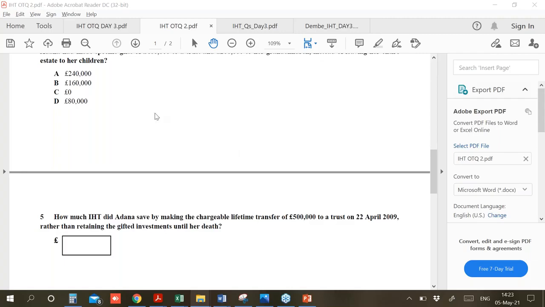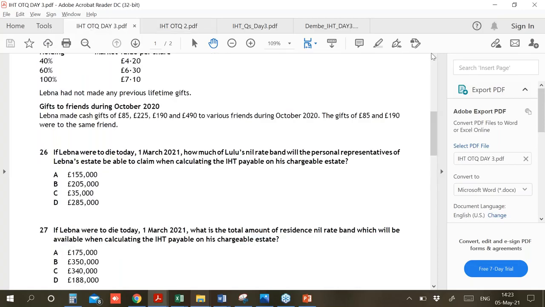Okay, guys. Now I'll move on to the next OTQ. And if meanwhile anybody has any questions, they can ask me in the question section. You guys know that the ACCA does not usually publish their section B in past exam papers, they only publish section C. But in one of the recent attempts, that is March June 19, they have published the paper completely. So I have selected another MCQ from that which belongs to IHT.